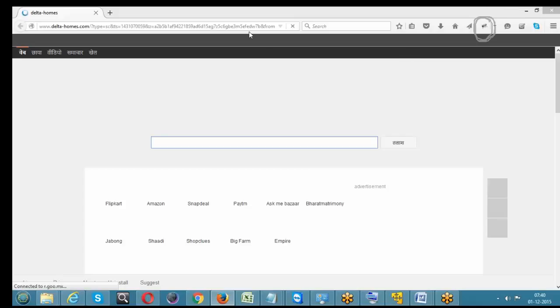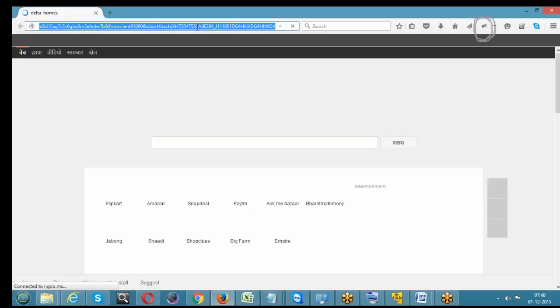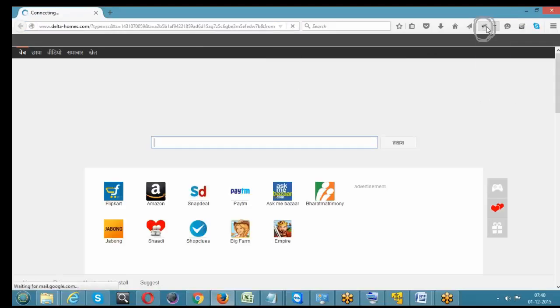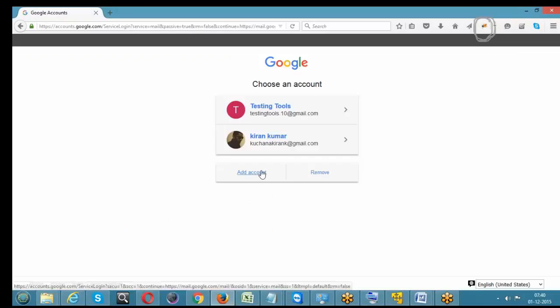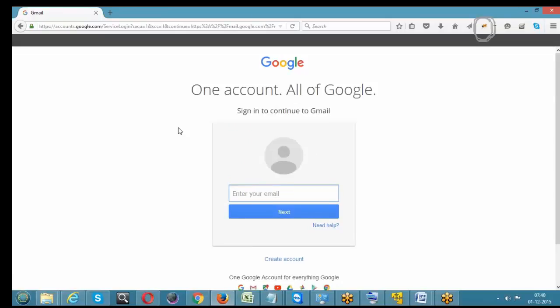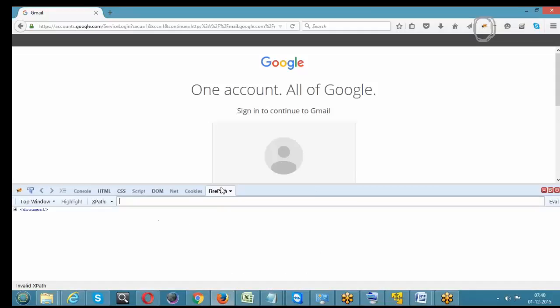Once after installing Firebug, we can install Firepath in it. Okay. Whenever we install Firepath after installing Firebug, then we'll get this option here called Firepath. Okay. Now let me